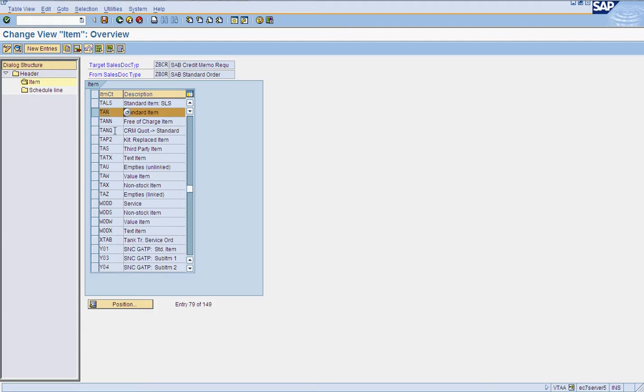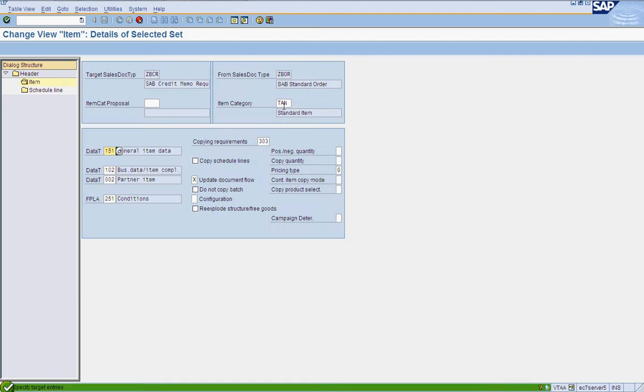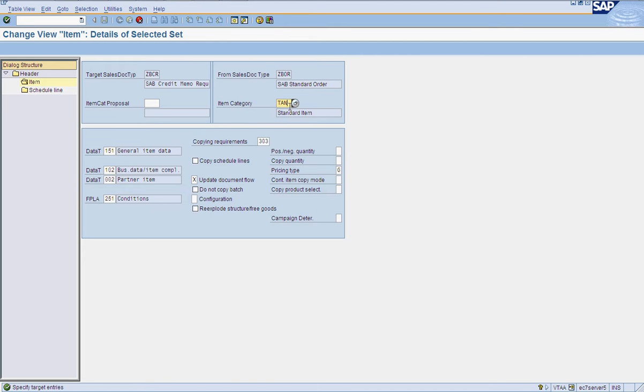I'm using reference as tan, and I will copy tan for my ZBOR to ZBCR. So I will be copying item category ZBOR from my standard order to ZBCR from my customized credit memo request, and I'm using the same